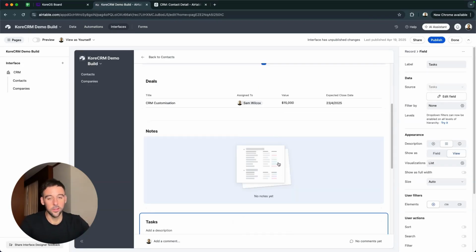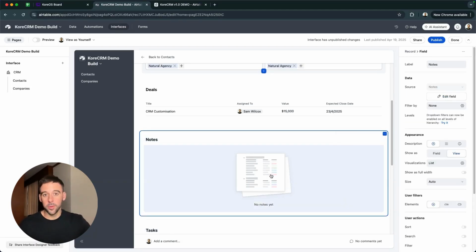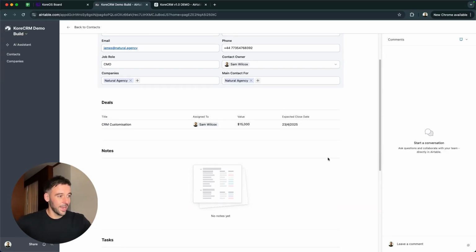The interesting thing here that we can do is we can actually have actions to create each one of these things from within inside this record. So on our notes section here, we want to be able to add a new note for this contact from within inside the contact record. If we're in here, for example, we want our users to be able to drop notes in here